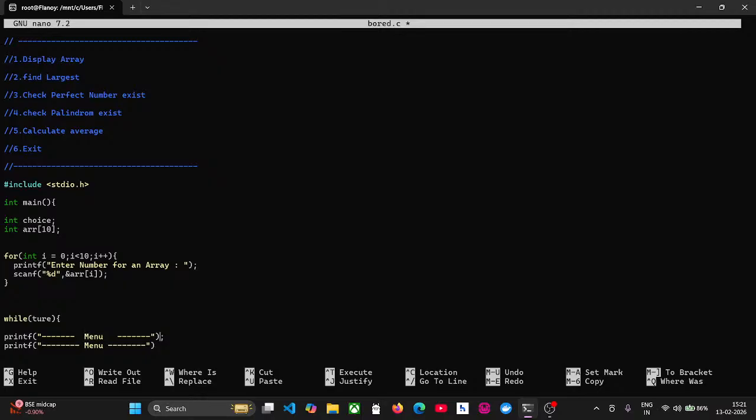Yeah, this is the menu. I'm going to put my printf over here so that the user may have a good visual look of it, with a slash n, one dot,